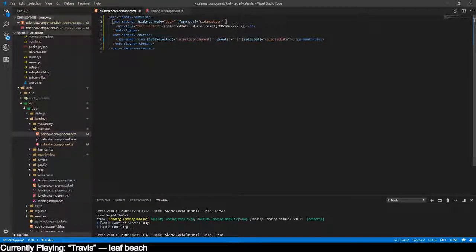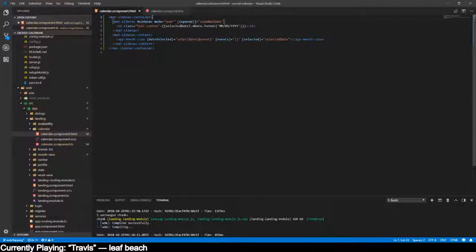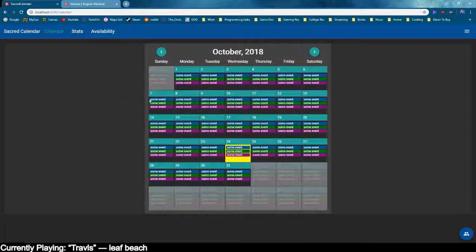Has backdrop. Oh, perfect. Okay, so hasBackdrop equals false. Put on the container. Or the content. It's on the container. Okay, so hasBackdrop, I'm going to set that equal to false. One problem out of the way. I don't know why it's freaking out. Beautiful. I mean, it's not beautiful because it looks like crap, but